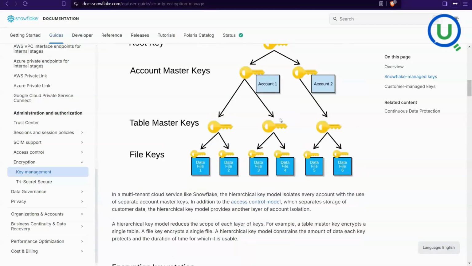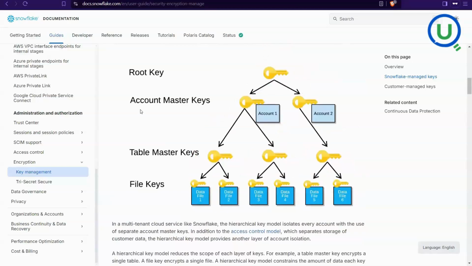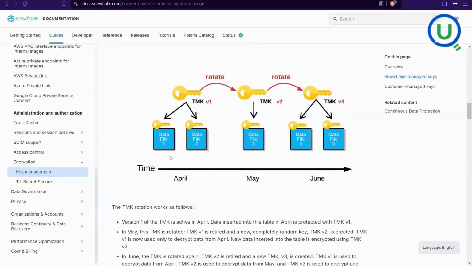Please understand, the account master keys and your table master keys are replaced every 30 days. Only these two keys, nothing else. Account master and table master. And what happens when you change the key? There will be an existing key, right? So the existing key which is present is retired,